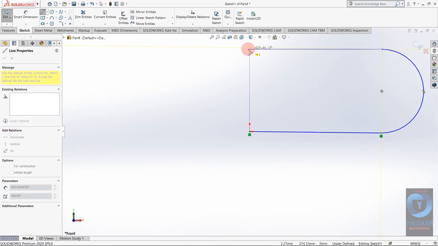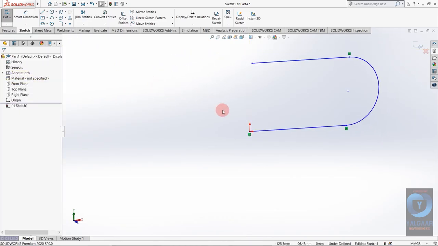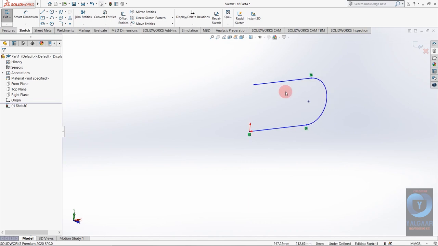You can also define this guide curve as per your requirement, but because I am just going to give an example, I am not going to define it.